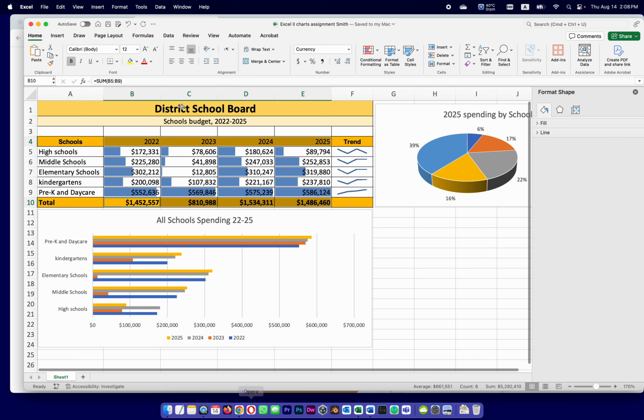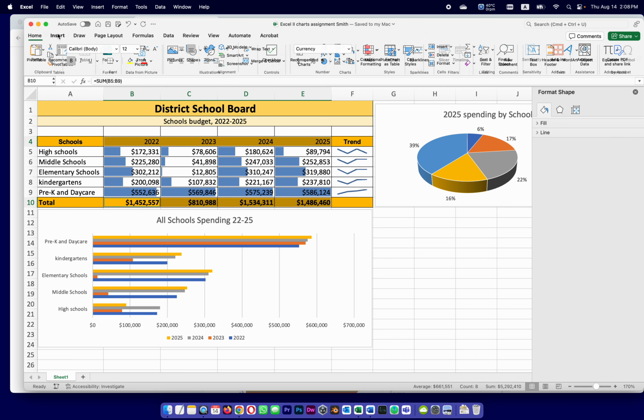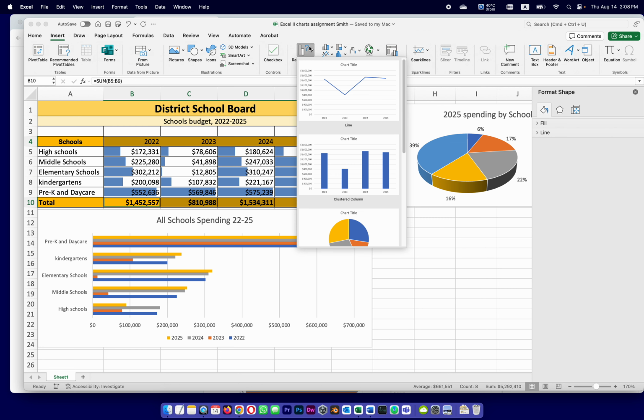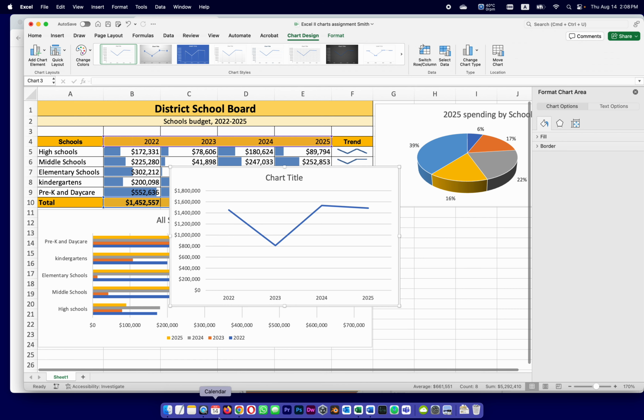So if my information is selected correctly, all the years, hold Command or Control, all the totals, Insert, Recommended Charts, and on some computers you'll have to scroll up and down to find it, but it's there in the Recommended Charts. Click, and it inserts a chart that shows you over the years the overall spending,